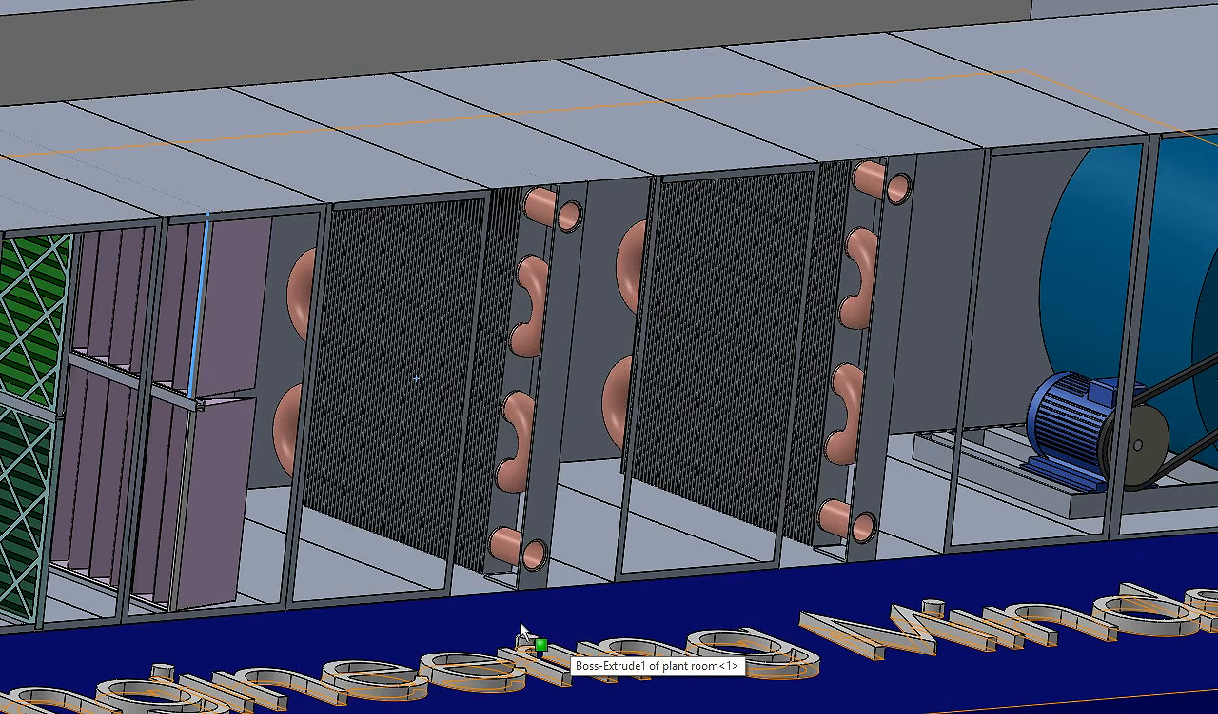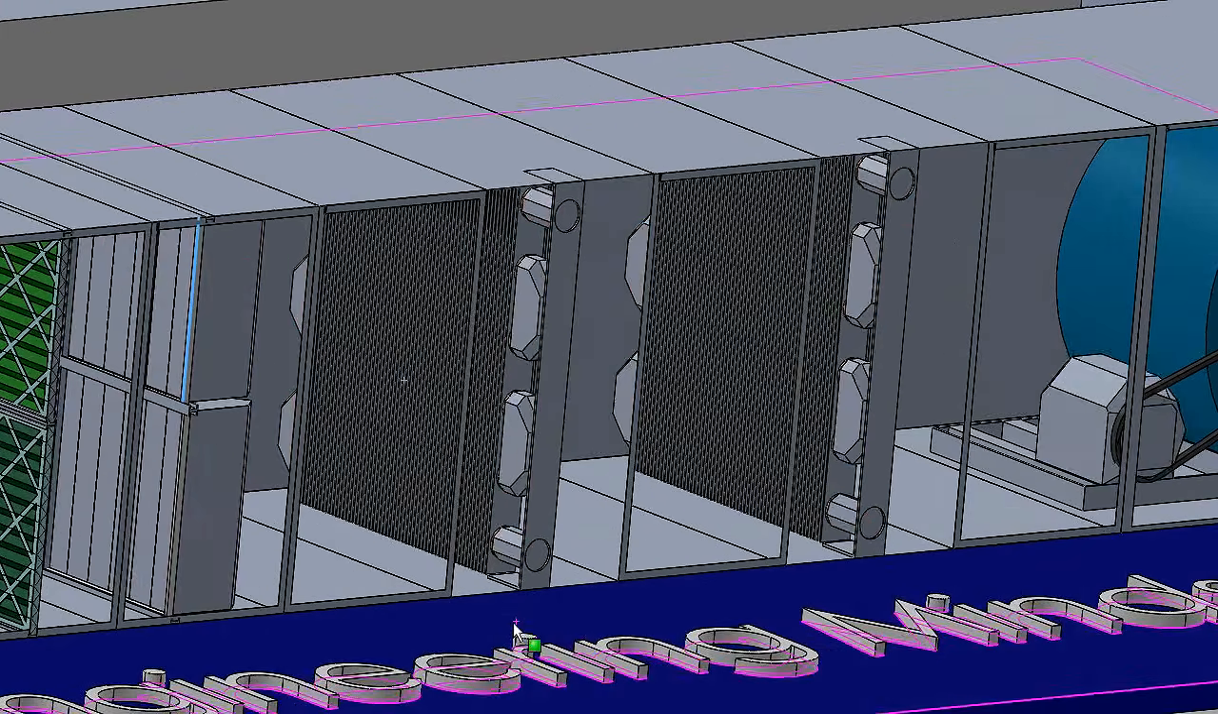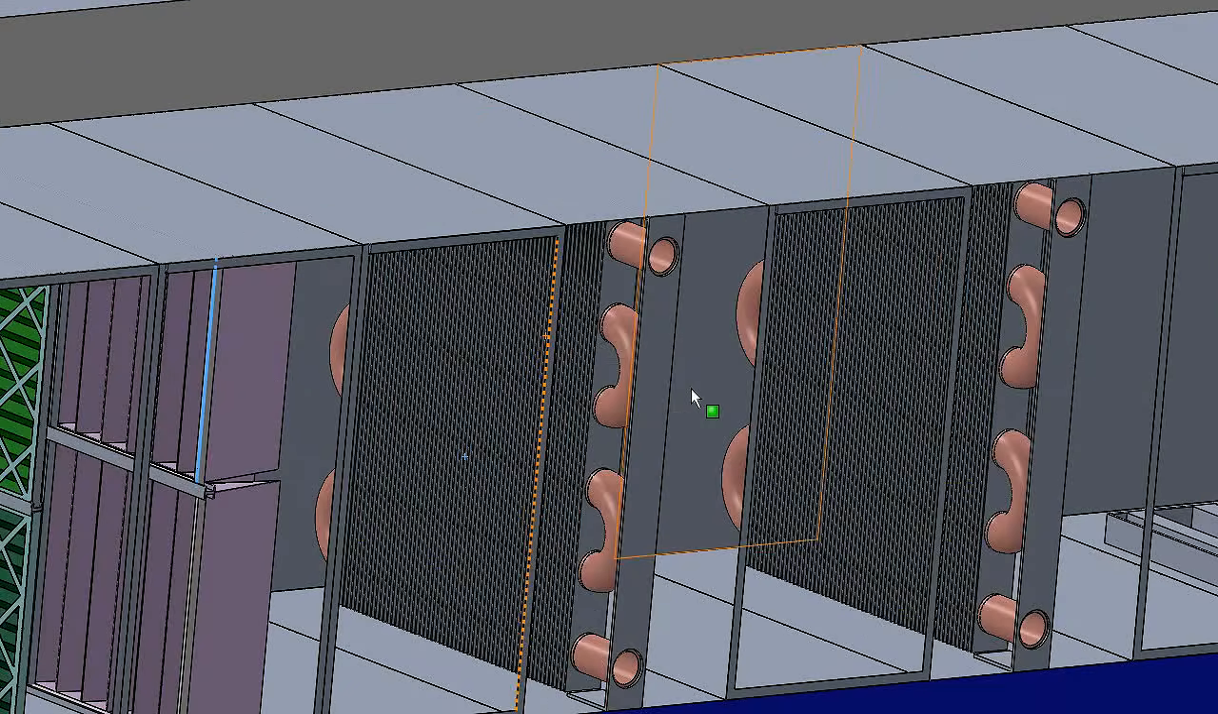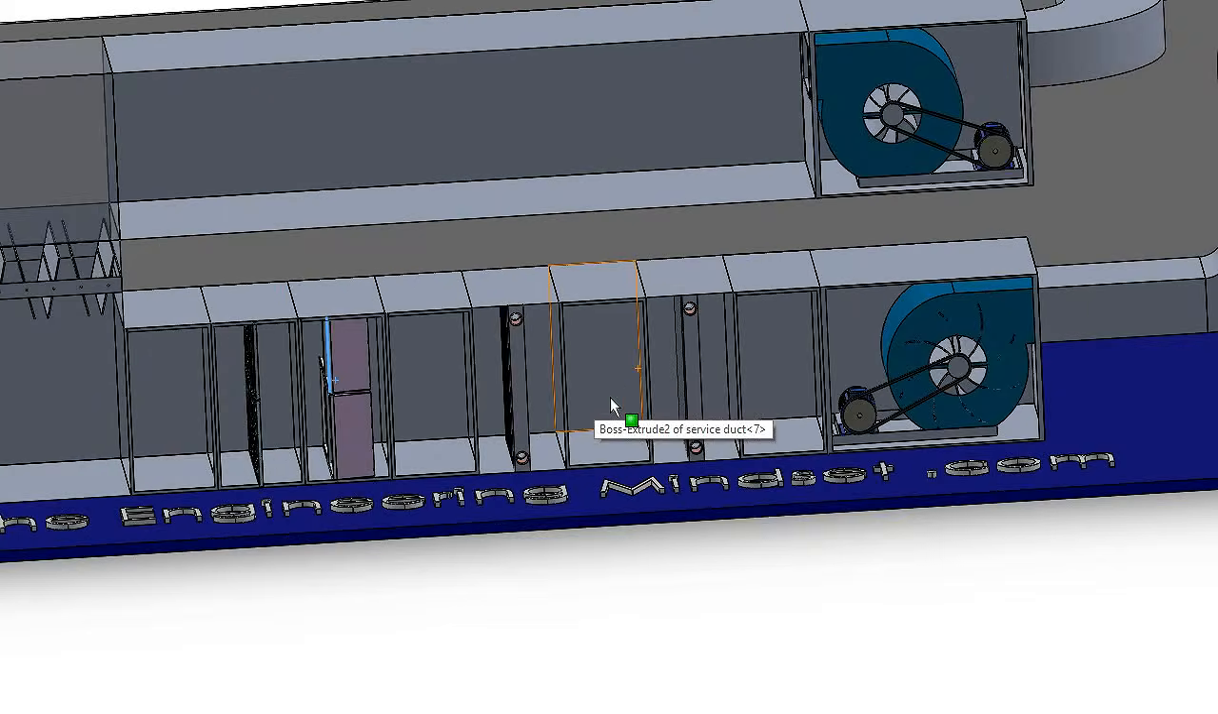Let's have a look at how the cooling and heating coils work. So if I change the view here,